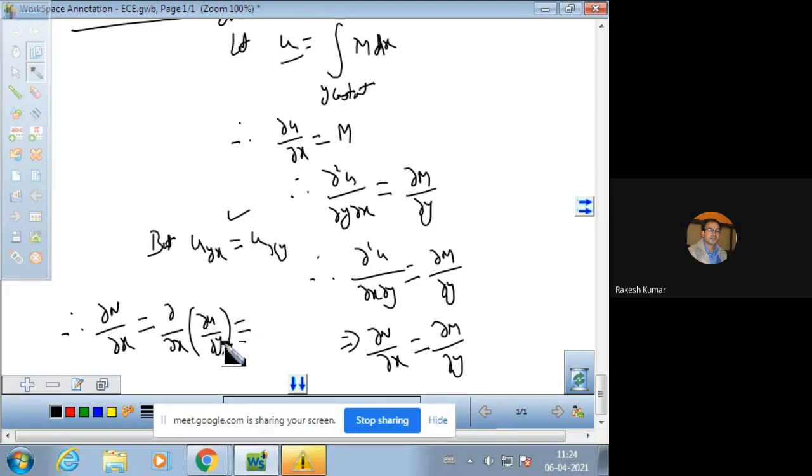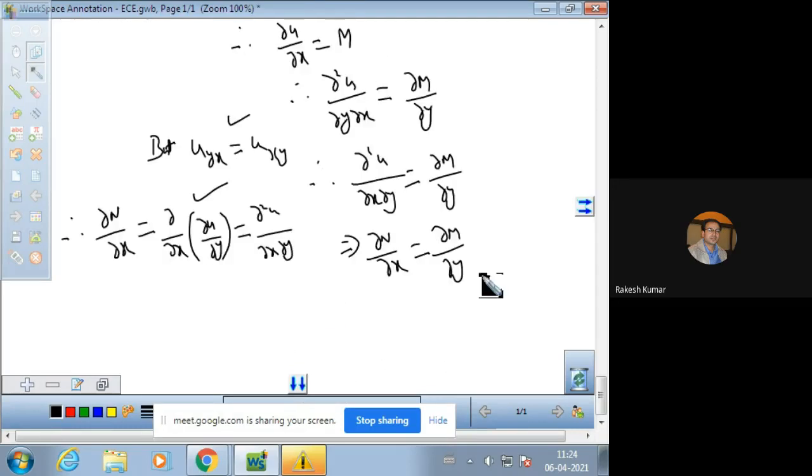So that is why we can write it. And what is this? This is del square u by del x del y. This can easily be used here. So after using, we will have this equation. Now integrating with respect to x. Now you will integrate this term because we are going to use this. You will name this equation number 2, since I think 1 has already been named. Integrating equation 2, it is very important, with respect to x,